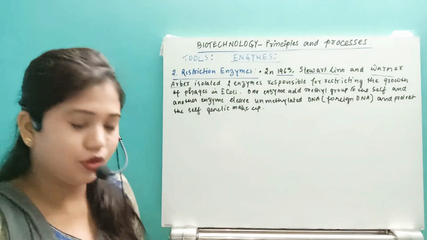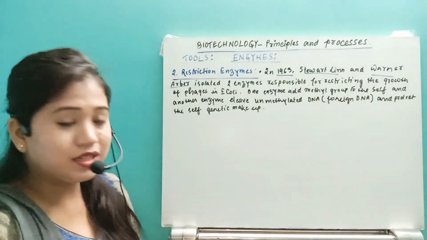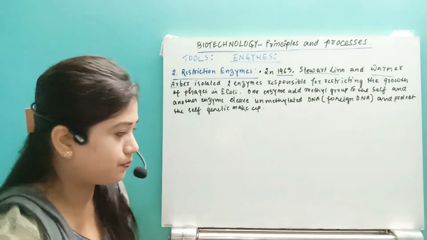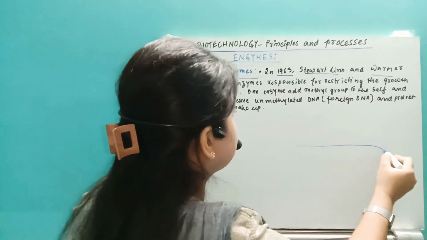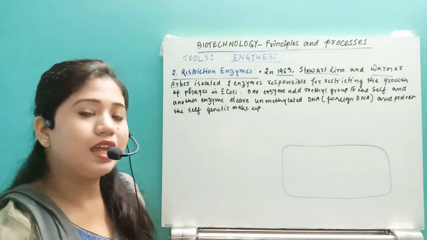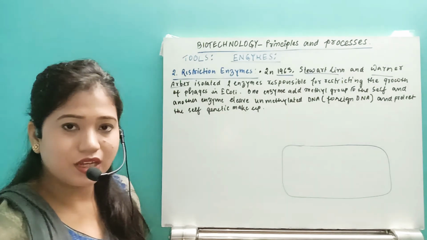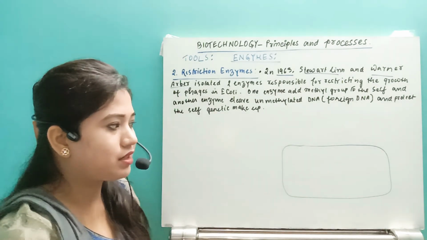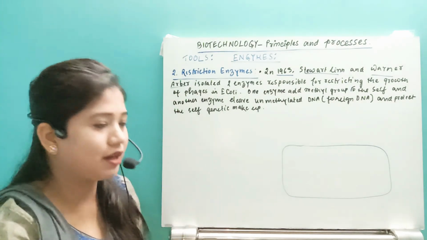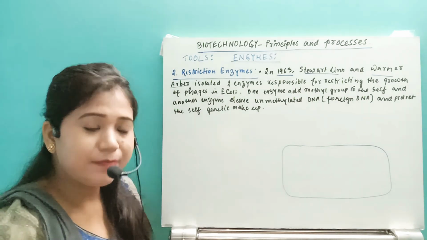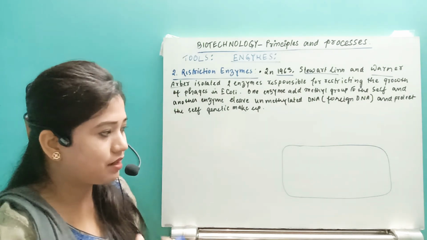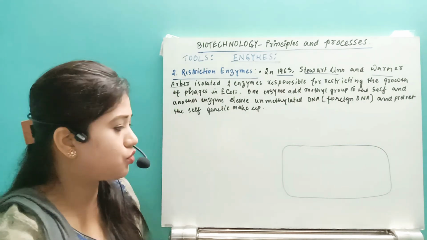Now, what is the meaning? Let's see what that restriction enzyme is and how it was first isolated. Just see, this is the E. coli. We know that bacteria are affected by viruses, very often. The viral genetic makeup enters inside the bacteria, and after that in the bacteria they multiply, the viral progeny multiply, and the viral progenies come out, isn't it? So suppose this is the